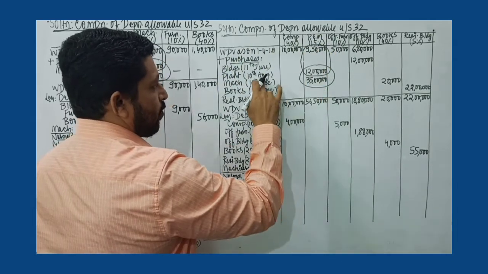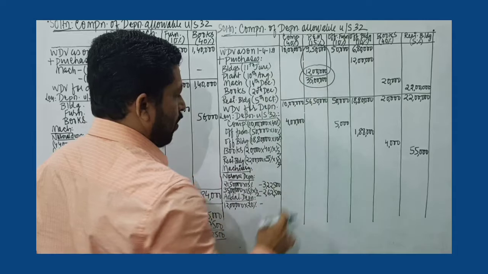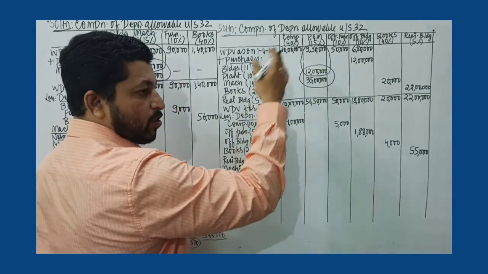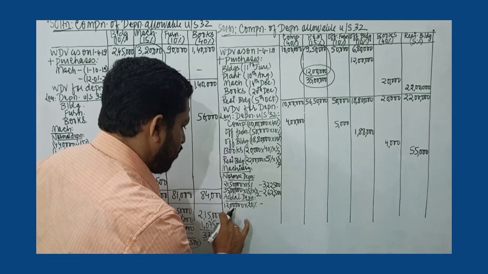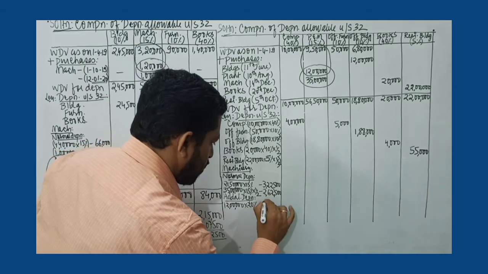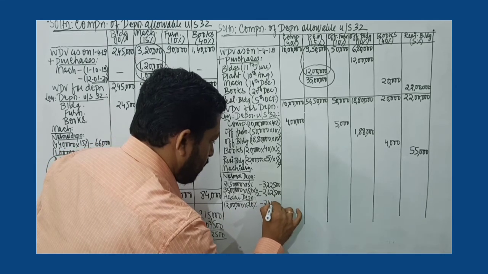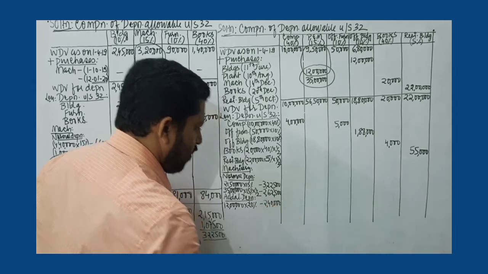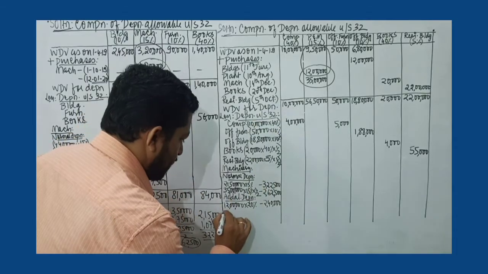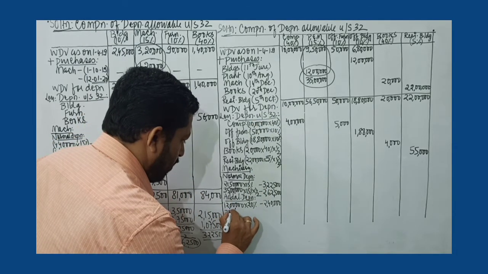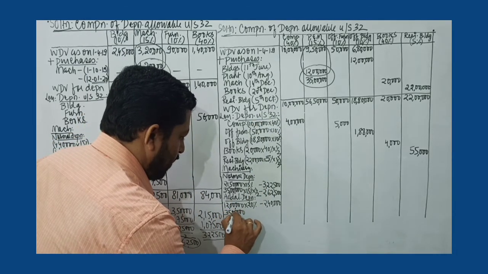So additional depreciation rate has got nothing to do with the block rate of 15%. And this 12 lakh worth machine is purchased and put to use for more than 180 days, 10th August to 31st of March. So full year's depreciation. So 10% would be 1,20,000. So 20% is 2,40,000.